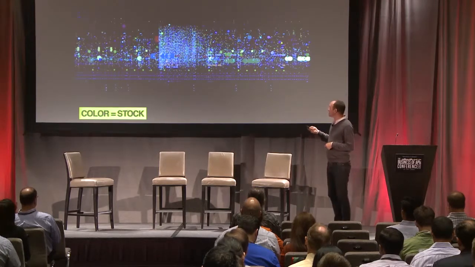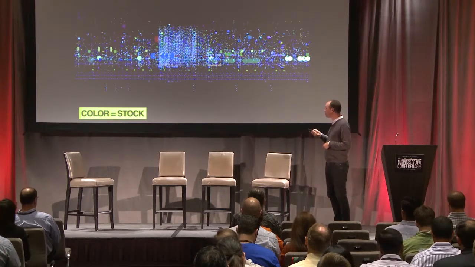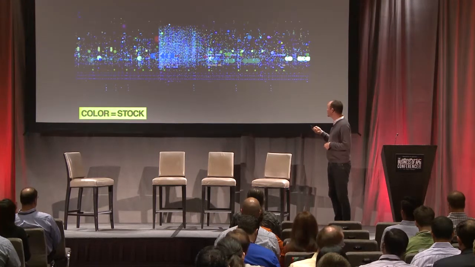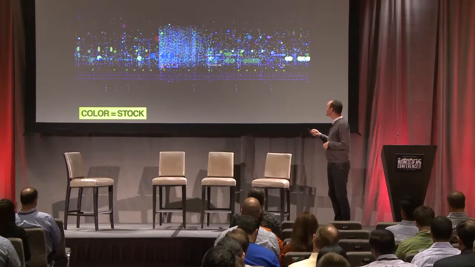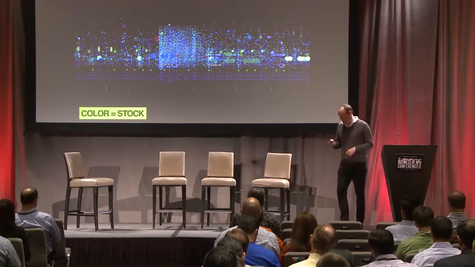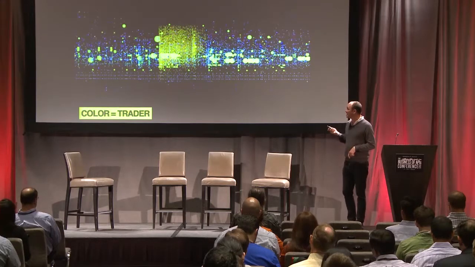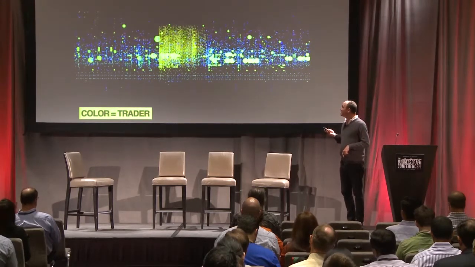What we've got here is a whole lot of very small trades starting. This is an obvious grouping, right? This is real activity. You don't see it over here, and you don't see it over here. You've got a line where the trading starts, and it fizzes out. There's a high value and a low value to it, and they're all the same size, and they're all different stocks, sort of a mishmash, and it's a color pattern that emerges. If you color this by trader, we see this is a single actor.